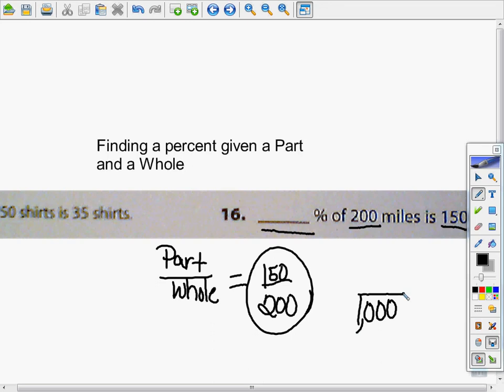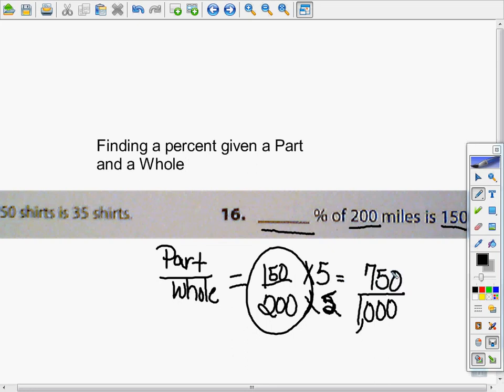We can make 200 become 1,000 by multiplying times 5. So we're going to do the exact same thing here. Times, I put times 2, but I'm sorry, that's supposed to be a 5. Times 5 and times 5. Well, that's going to equal